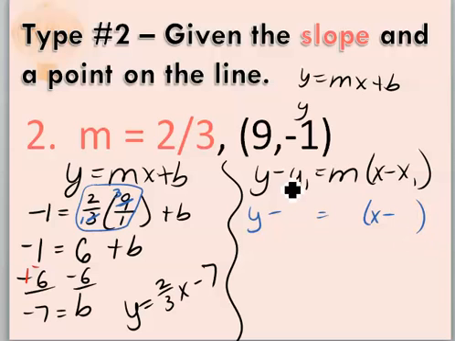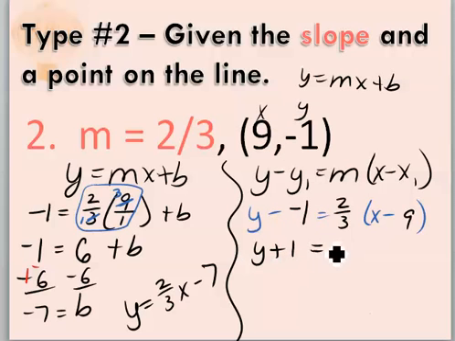Again, if you want to use point slope, the first y stays y, and the first x stays x. Y sub 1 is the y value from the point, so negative 1. Make sure you get the minus that's in the formula and the negative. Slope is 2/3, and our x value is 9. Minus a negative turns into plus 1, and if we distribute, we get 2/3 x